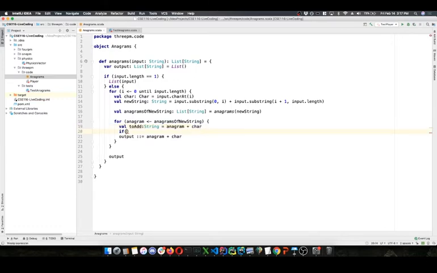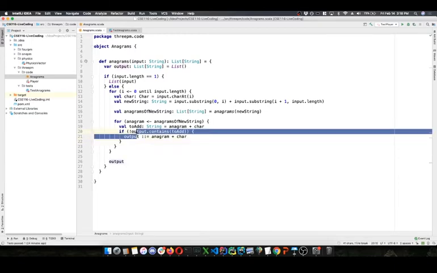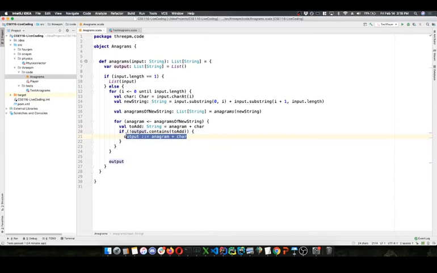I only want to add this word if I haven't already added it. So if the output does not contain the word to add, then add it. If it's already in the output, don't do anything. But if this word is not already in the output, add it to the output.